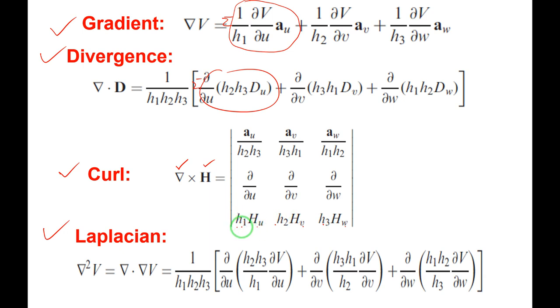But if I take Cartesian, h1, h2, h3 are 1, 1, 1. So Hx, Hy, Hz. How to write the formula, you came to know? Always you start from h2, h3. You can observe here: the first term has h2, h3, here also it has h2, h3. For the Laplacian, here also it is h2, h3 divided by h1. That's all. Just to remember, I am telling, just a comparison.